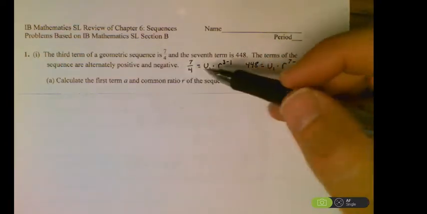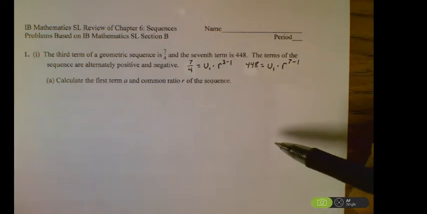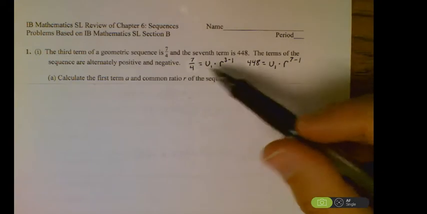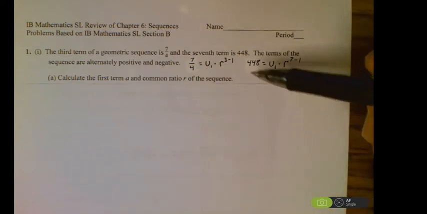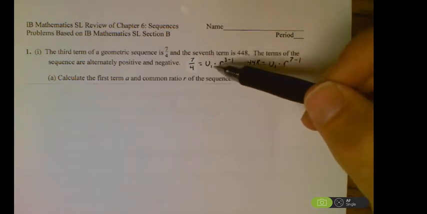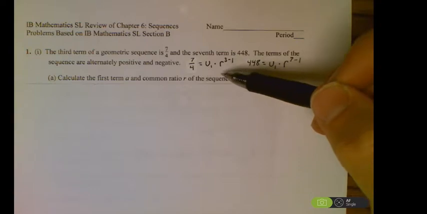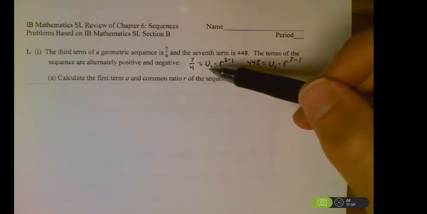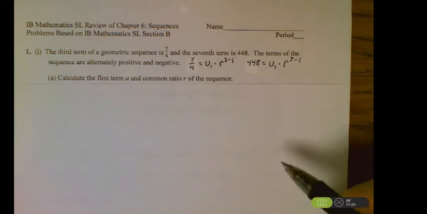So sometimes we use an A, sometimes we use a U for the first term. It really doesn't matter. They mean the same thing. So two options on this. One would be to work with those two equations and solve that system with substitution. So for example, if I wanted to isolate U1, I could take r squared and divide it over to here. So 7/4r squared equals U1. I could then sub out U1 for 7/4r squared and go from there, and that would be fine, but there